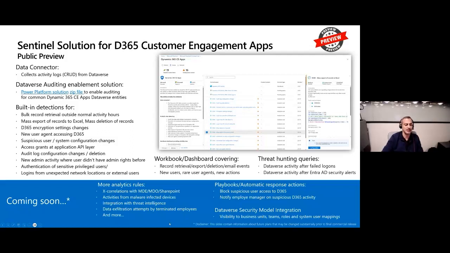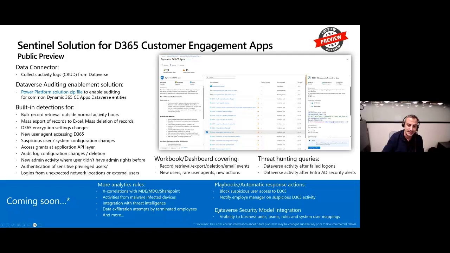We'll be able to analyze activities from malware-infected devices. We'll have integration with threat intelligence, detection of data exfiltration attempts by terminated employees, and more. We'll also add playbooks and automation capabilities to block suspicious user access to Dynamics, notify the employee's manager on suspicious activities,